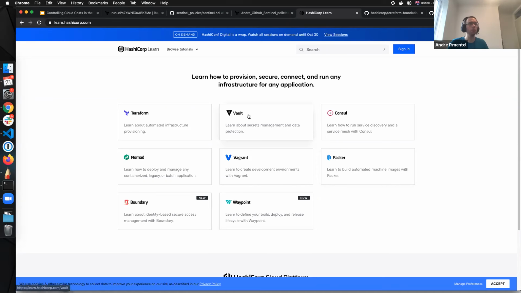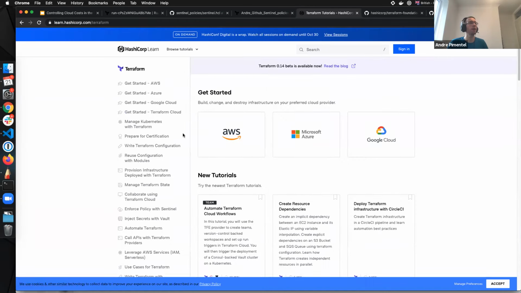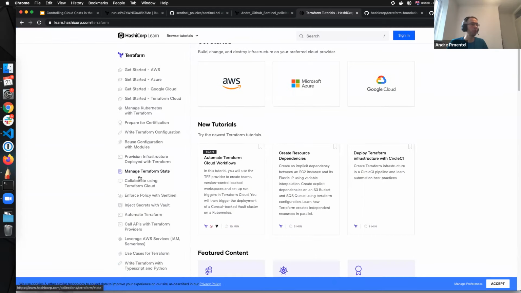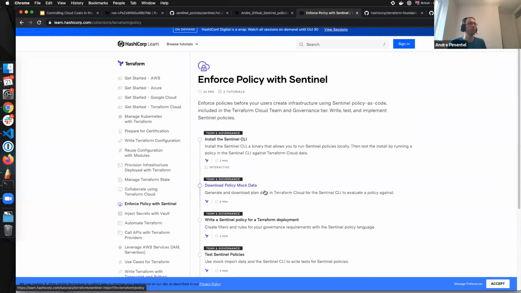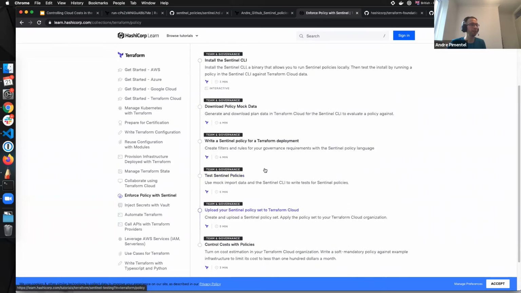So yeah, and on the Terraform learning tracks, we have learning tracks from basic Terraform to use the API to collaborate using Terraform Cloud, enforce policies with Sentinel. So everything that I discussed today, and also how can we explore and learn Sentinel is on this learn track here.